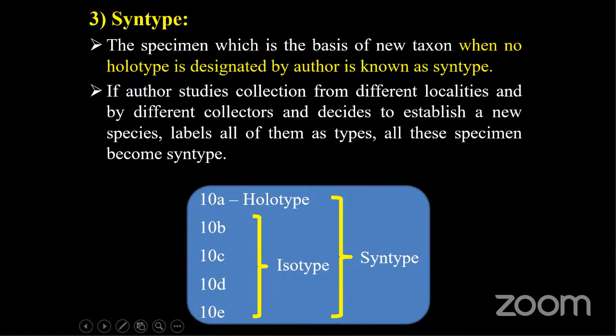So out of these 5 plant specimens of the same plant, with field number 10, you have collected 5 different plants, 10A, 10B, 10C, 10D, 10E. Out of which a single plant you have used for the validating description, and that is acting as a holotype. So whatever the remaining of